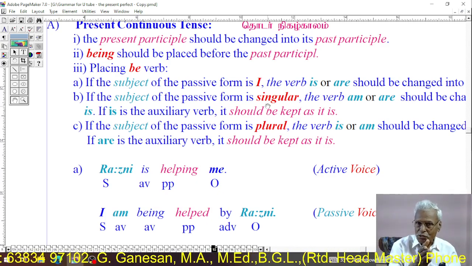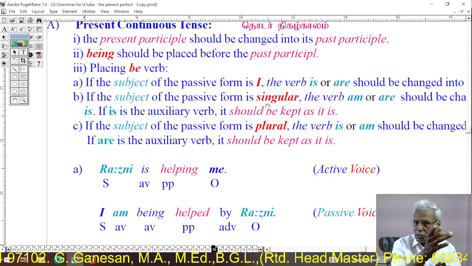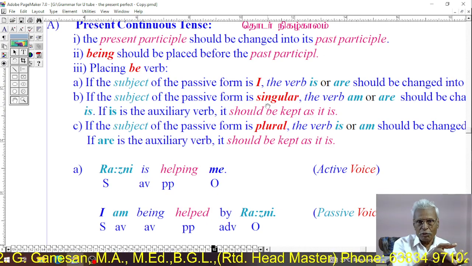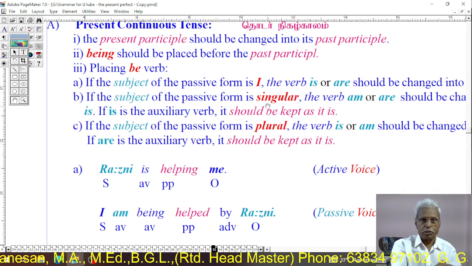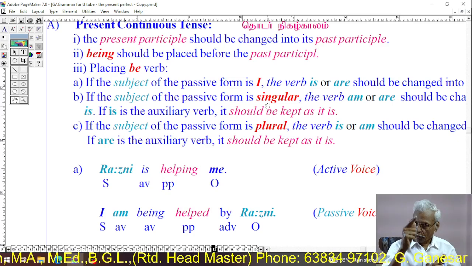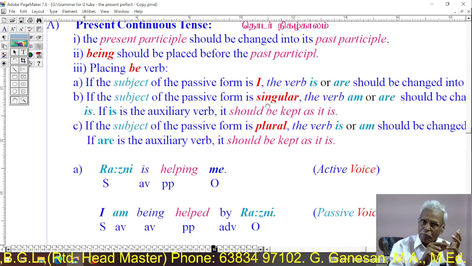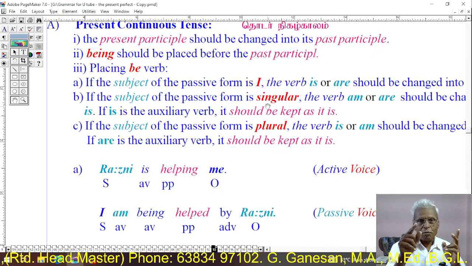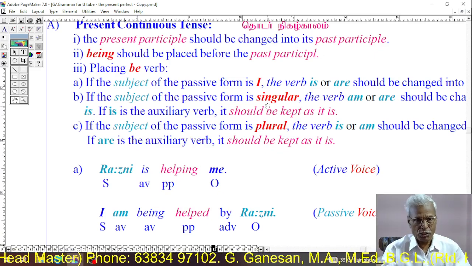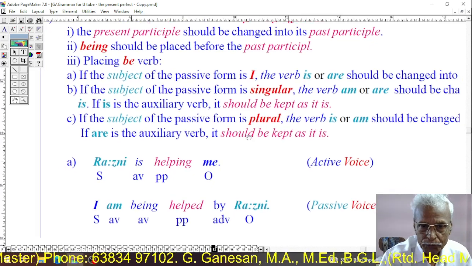When the subject is singular, if there is is in the active voice, that should be kept as it is. If there is not is, if there is am or are, the am or are should be changed into is. Then third,